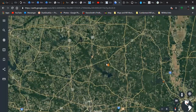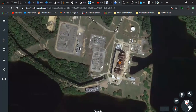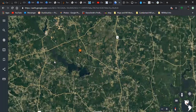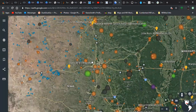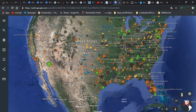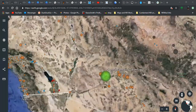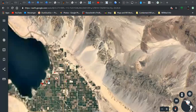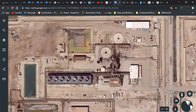Zoom back out, go to another one. I could go on for an hour, probably more than an hour. If it'll load. And then I have the blue dots, which are wind farms. And if you've checked out some of my previous videos, you know how they're part of this grid. All right. And then some of these little red dots are very important because these are geothermal plants. You can see they don't put out much energy, but